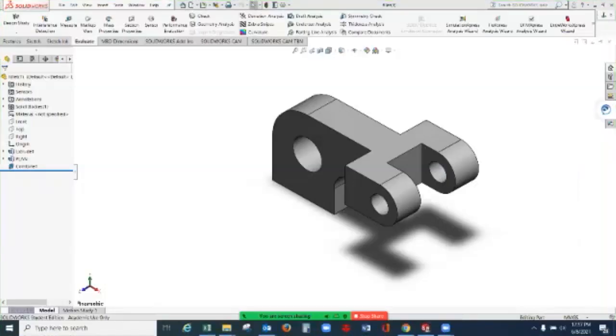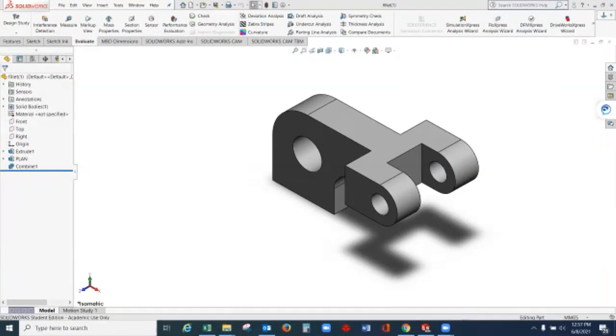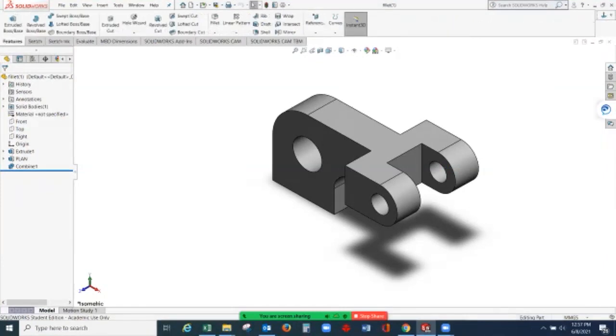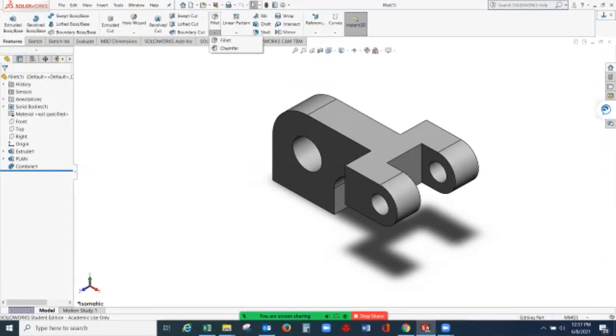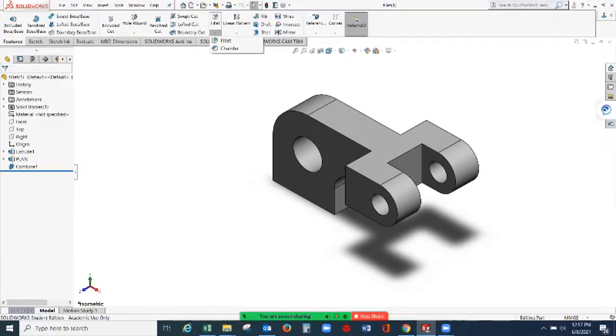So here's another example of getting the mass properties of a given part in SolidWorks. I have here one drawing wherein we can apply features of SolidWorks, which are fillet and chamfer. We can use these to reduce the material that we have on your screen, and we will get the mass properties of this given part after applying a fillet and chamfer in certain corners of this part.